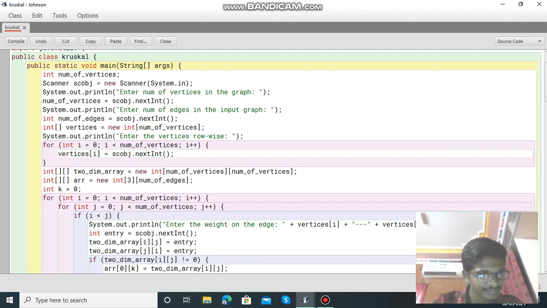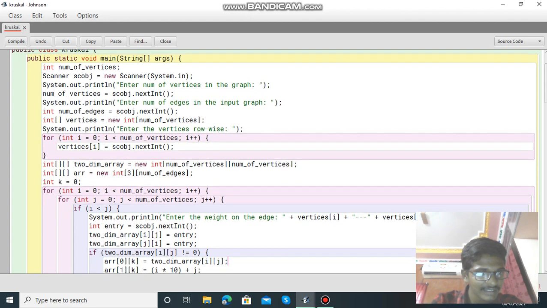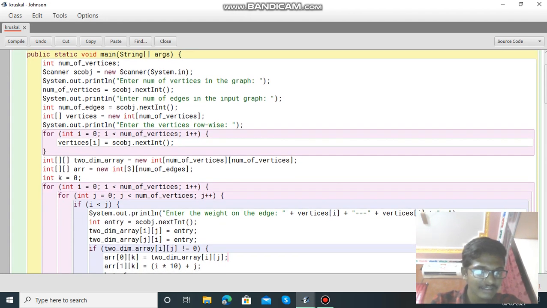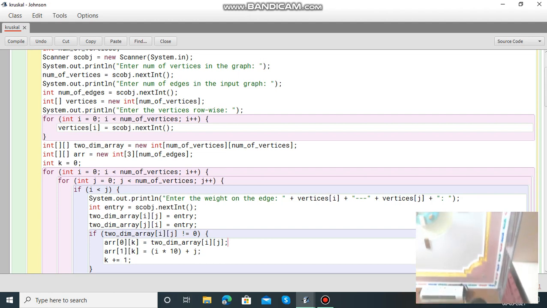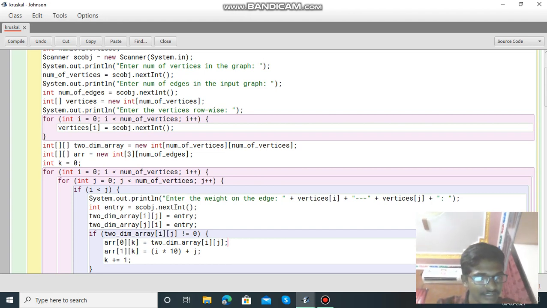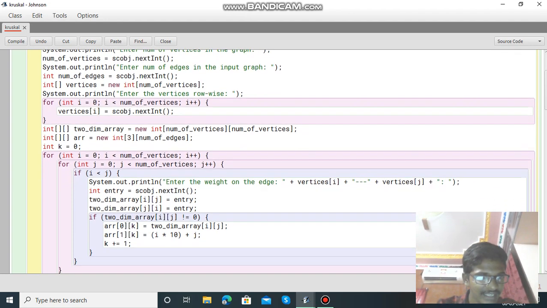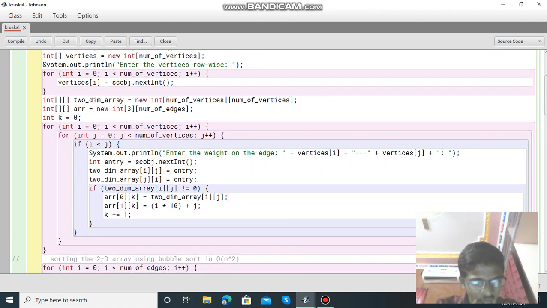vertices row wise. Then we use a for loop, int i equal to 0 and i less than number of vertices, i plus plus, then vertices of i equal to scanj.nextInt(). Then we initialize a two dimensional array equals to new int[number of vertices][number of vertices], then initialize array equals to new int[3][number of edges],